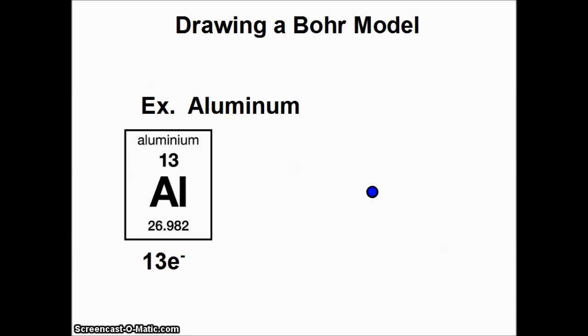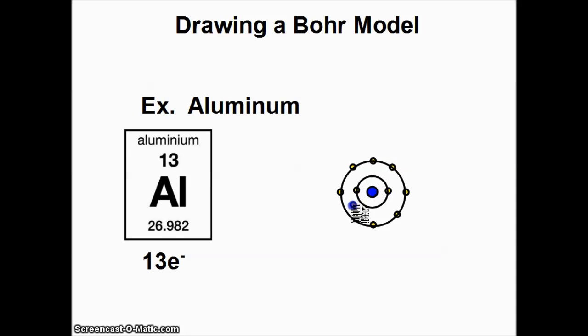Then you have the first energy level. So we draw our first energy level. The first energy level can hold 2 electrons. So I put 2 electrons on. There's 1, 2 electrons, and that's all that can hold. So I need another energy level, the second energy level, and we know that the second energy level can hold up to 8. So I have 2 there. I'm going to put 8 more on. And this will give me up to a total of 10 electrons total